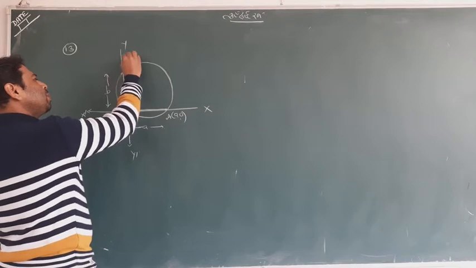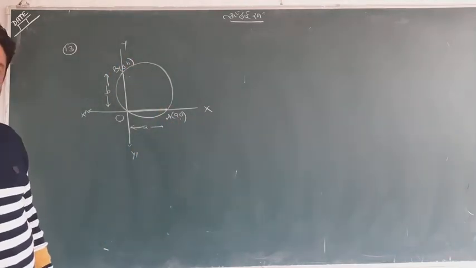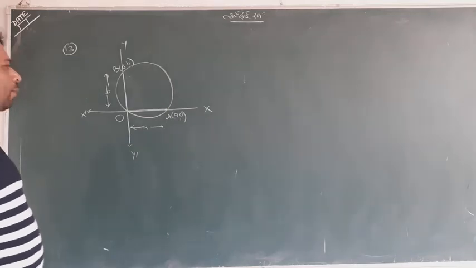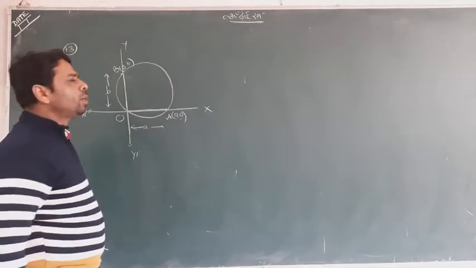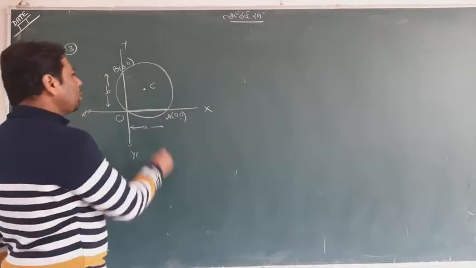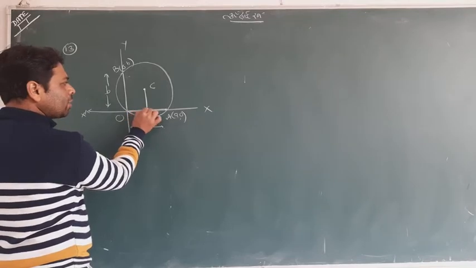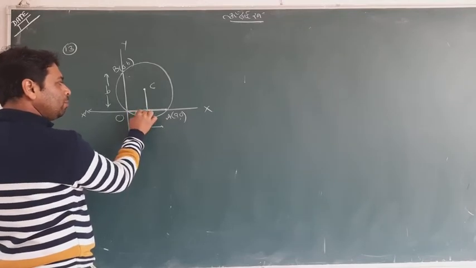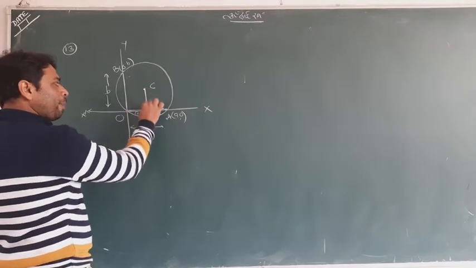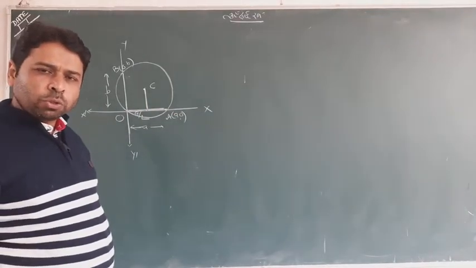So this point will be 0, B. This is the situation. There are lots of ways by which you can find your answer. It was not hard. You can take a center C from your side and draw the perpendicular from this side. So this distance is going to be a by 2, because it is a chord, and the perpendicular from the center to the chord bisects the chord. You understand it.